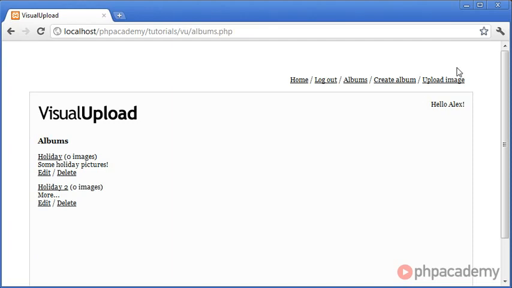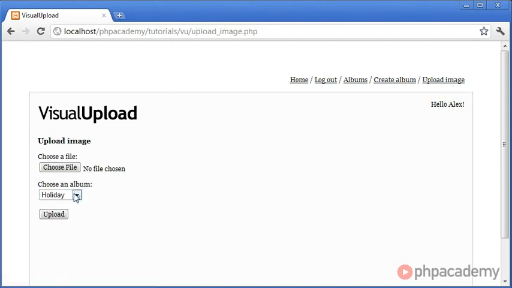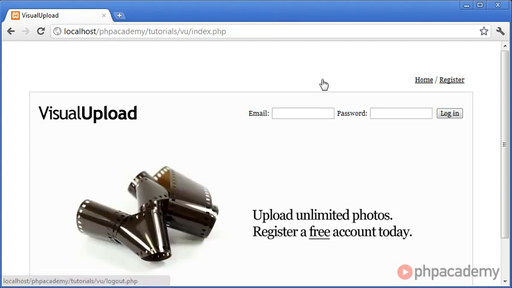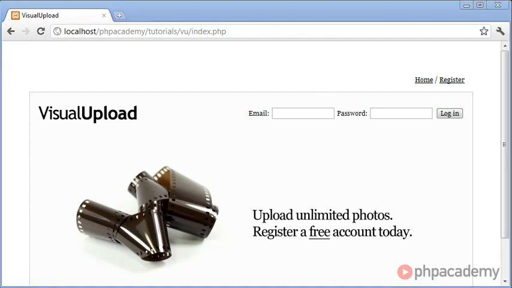Click create, go ahead to upload image, and you can see that that's automatically been put in there, and we can upload to whichever album we want. Once we've uploaded a file, a thumbnail will be generated, and that will be shown inside of the album. Once we click this thumbnail, then we can view the full-size image. So obviously we can also log out, so we have that option as well,